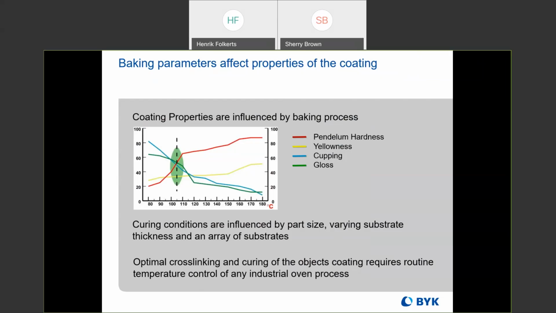And so those properties are going to decrease as the product is baked for longer, as well as the gloss. Gloss is typically going to go down the longer you bake it. So it's important to